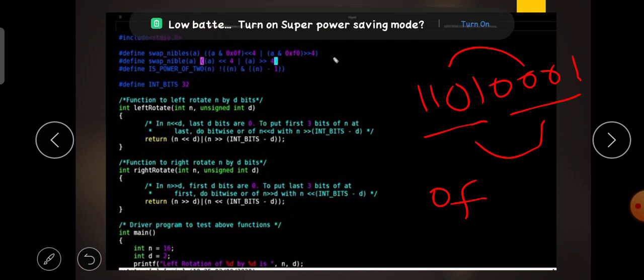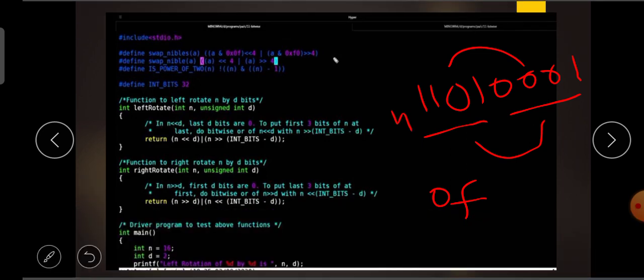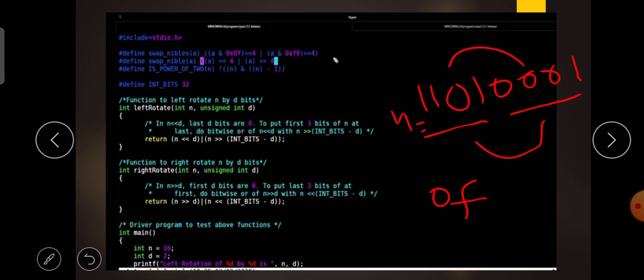So these two, this one and this n, this is given as n. This n and this 0F are ANDed to get one value, and F0 and this n are ANDed to get another value. These two values are finally combined with the OR operator. It gives us the swapped result. This one is the first get and this one is the second get. So this is how the 4 bits are swapped.